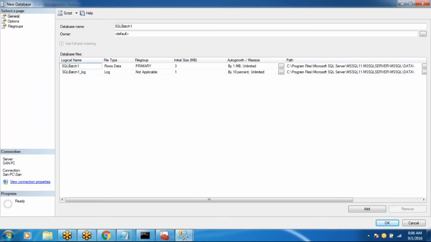Why is LDF required? Say you are deleting some number of rows from your database. While deleting the rows, it stores the information in a kind of hexadecimal in your log file. In the meantime, you may want to roll back the transaction.